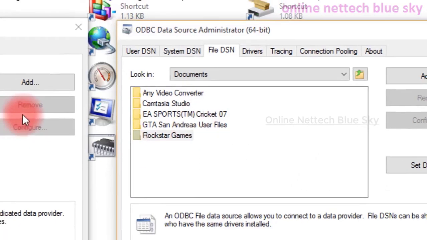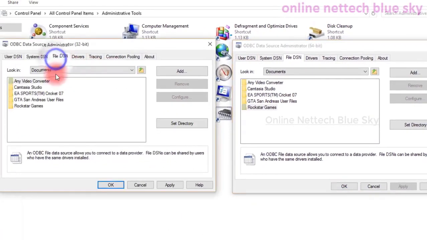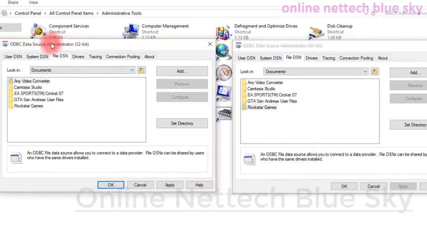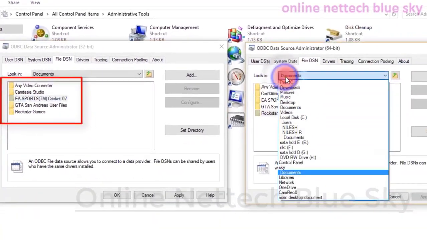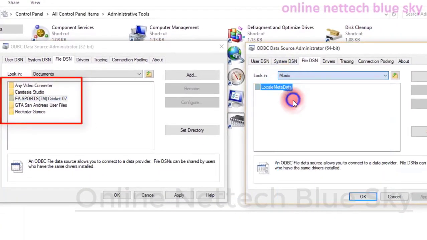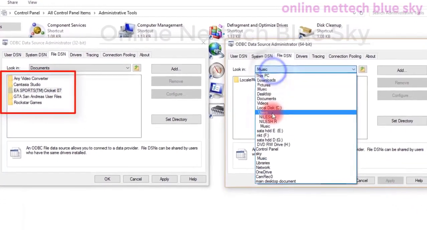Looking inside 32-bit, you can see this type is available here too. Why am I showing 32-bit and not 64-bit? Because both work for me, you can see both areas work for 64 and 32-bit.